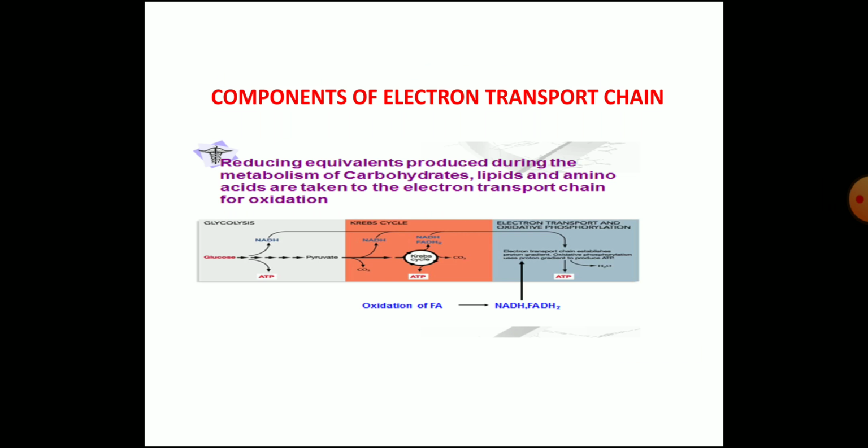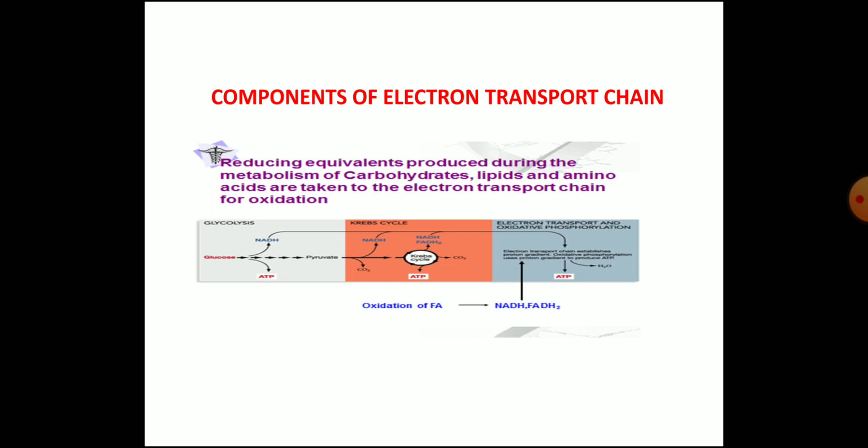Energy liberated during the metabolism of carbohydrates, lipids, proteins, etc. is present in the mitochondria as the reducing equivalents, that is hydrogen ions and electrons. The mitochondria, which contain the respiratory chain, transport these reducing equivalents to oxygen to form water, and the liberated energy is trapped as high energy phosphate, that is ATP, in mitochondria by oxidative phosphorylation. So that is the nutshell about the electron transport chain or the respiratory chain.